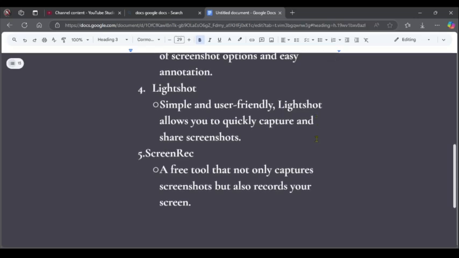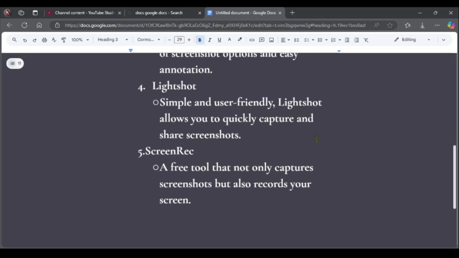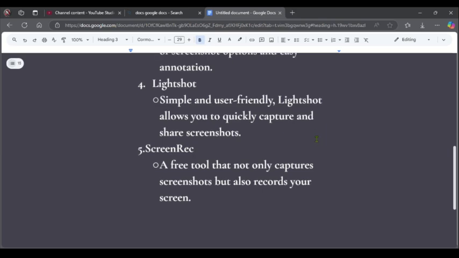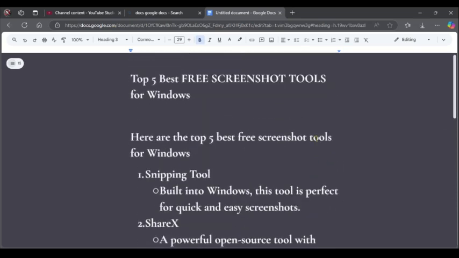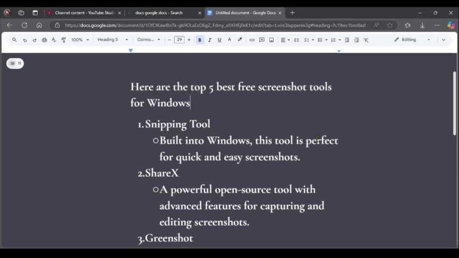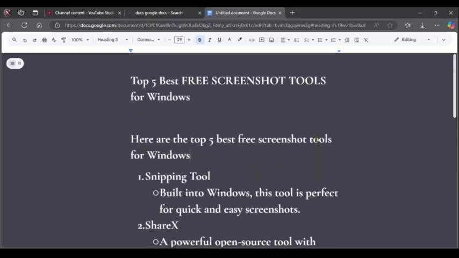annotation. You can also use Lightshot, which is awesome, with a simple and friendly interface. You can also use ScreenRec, which is awesome. It is also a free tool that not only captures screenshots but also records your screen. It is awesome. You can try the list of these top 5 free screenshot tools for Windows, and all of these can be installed on your